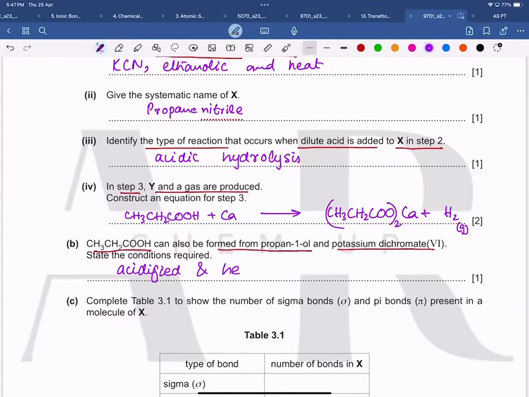The question is that propanoic acid is formed from propan-1-ol, which is an alcohol, and potassium dichromate. State the conditions required. So acidified and heat under reflux. Yes, good. Okay, now